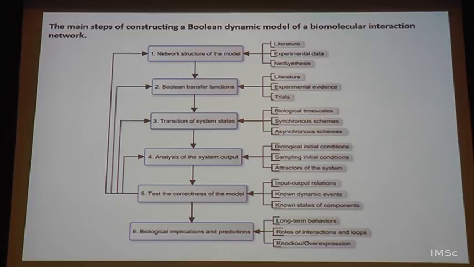Then once you are fairly confident with the model and it becomes predictive, you can look at long term behavior, and look at roles of interactions and loops. Are there feedback, feed forward kind of inhibitions? Are there cycles within this big thing that are influencing each other and so on? And then you can model knockout and overexpression, such as heterogeneity between bacterial cells or heterogeneity in host cells. Those kinds of things you can capture out there.